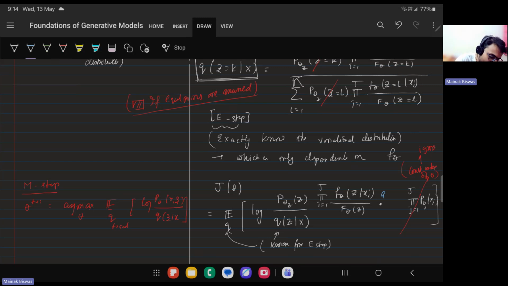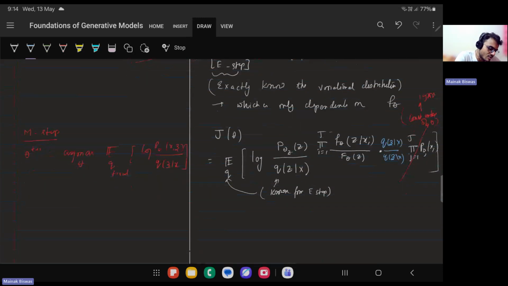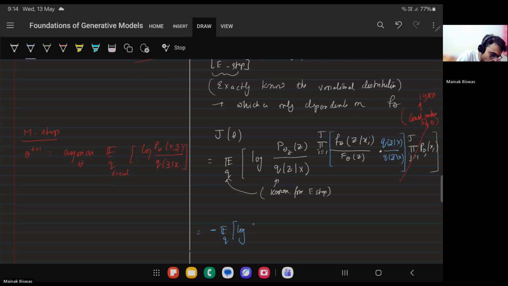Now what I'll do is I will multiply and divide by q theta of z. So once I do that for every term in this product, I can write this as minus the expected value over q of log of q of z given x by p theta z